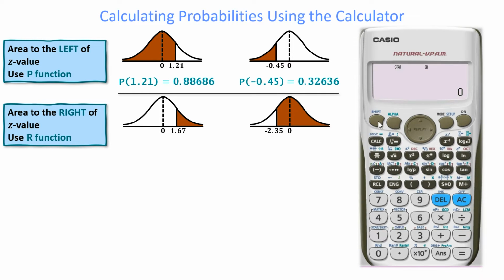Now, to select the r function, we go back onto Shift 1. We select option 5 again. Okay, and now we're interested in the third option here, the r function. So go ahead and click 3. Okay, so now we want the probability that z is more than 1.67. So go ahead and type in 1.67, close the bracket, and then press equals, and we get the probability